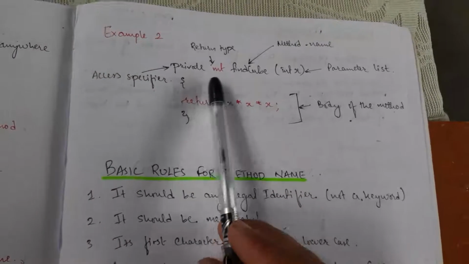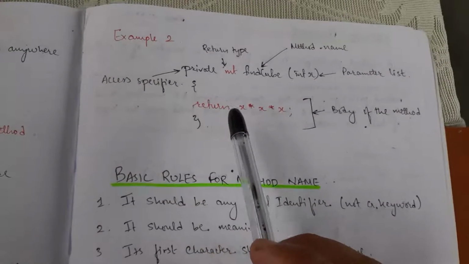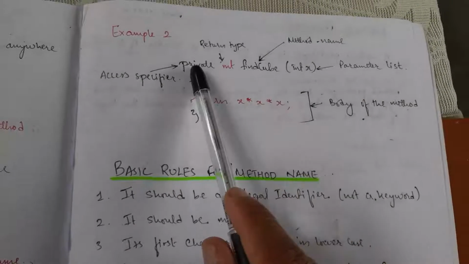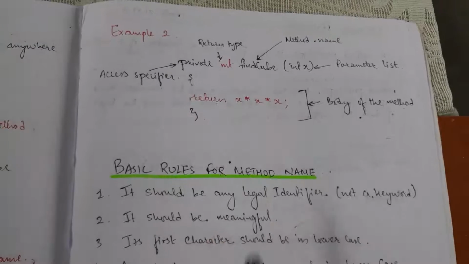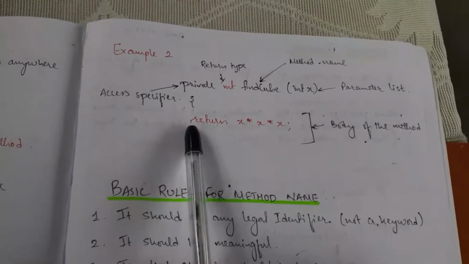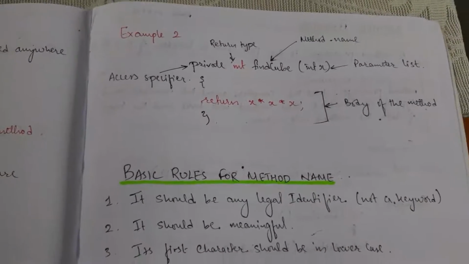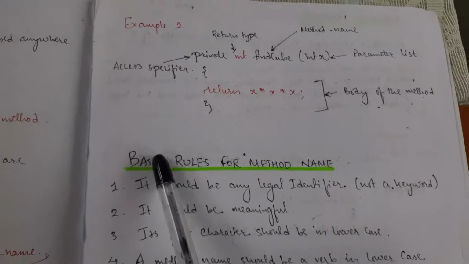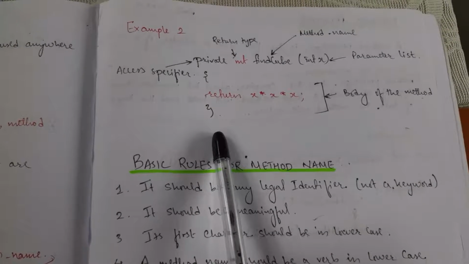Okay, and this is how you have to remember to write different parts in the programming. Whenever we are writing Java programs, you have to remember each and everything that is defined out here. In the similar way we have to write a method and its different parts in the programming. Now, whenever we are dealing with Java programming, we should remember some rules and regulations that we have to follow. In the similar manner, for the method also we have to follow some basic rules.